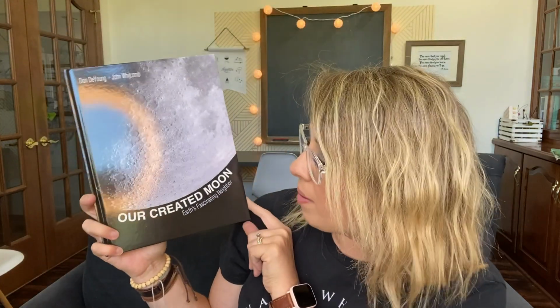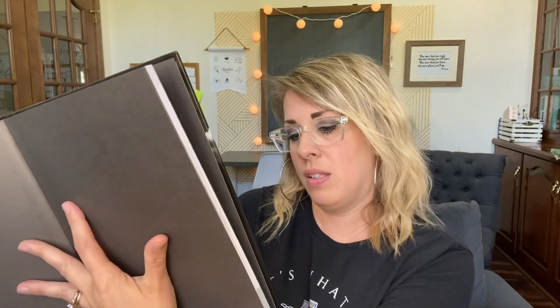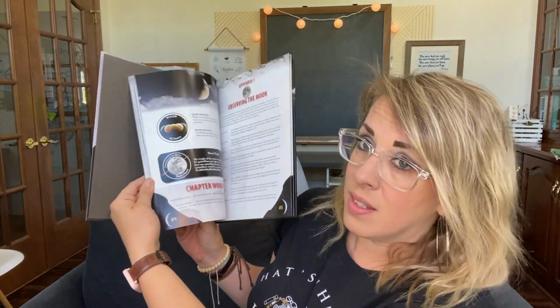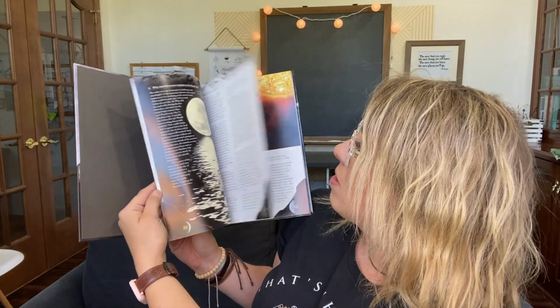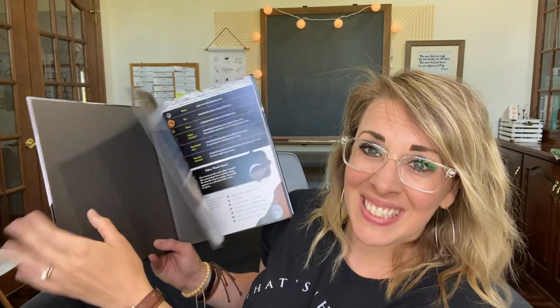Here is one of the books for astronomy, which is Our Created Moon, Earth's Fascinating Neighbor. And this is Master Books. So let's see. Can you guys see? It's got nice pictures. Yeah, looks cool. Okay. Looks like an astronomy book. Then we have, see,